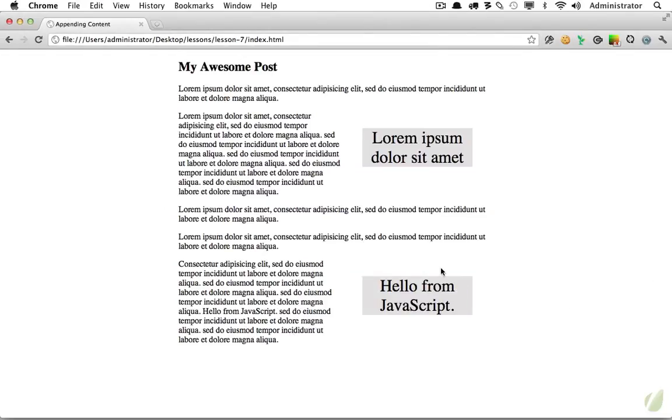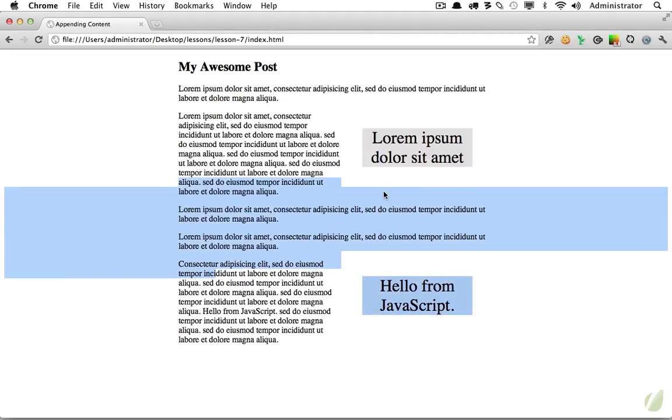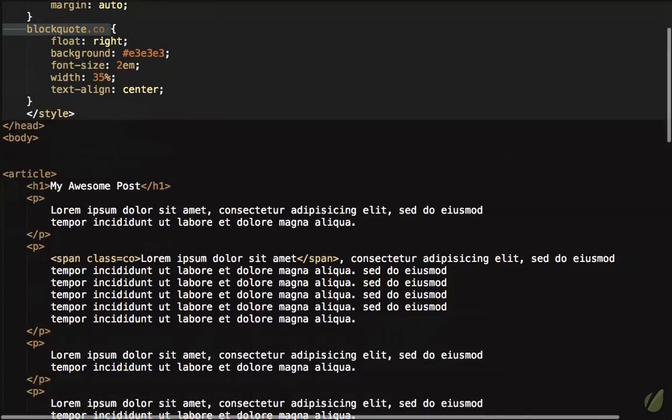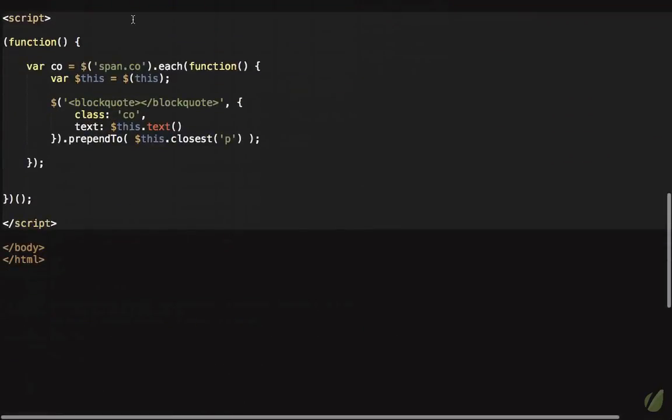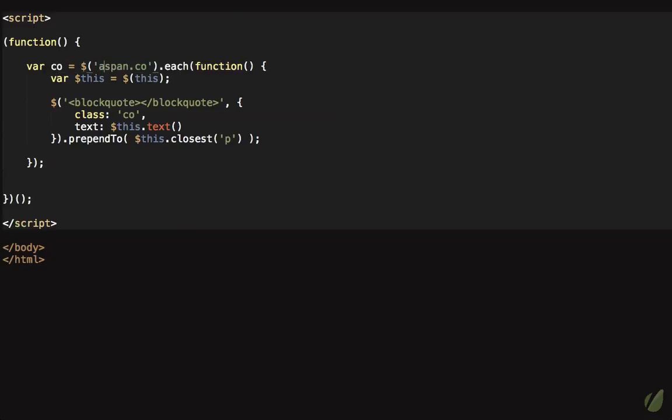So this is a practical thing that you could use in your projects right now. This way you're not doubling up on the quotes, you don't have it in the sentence, and then you also have a call out. You're doing that with JavaScript, which is a clean way to go about it. You grab all the spans. If you want to improve performance a bit, rather than searching the entire page for the span, you could preface